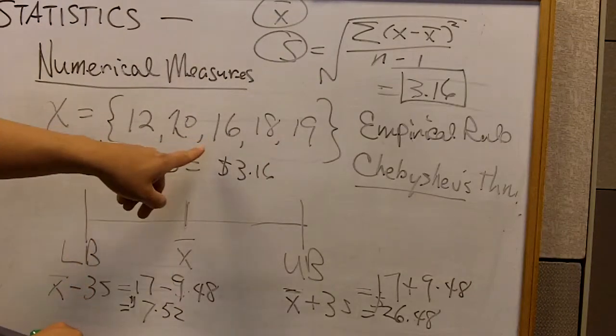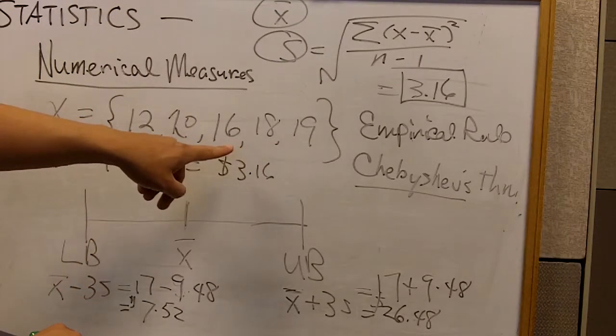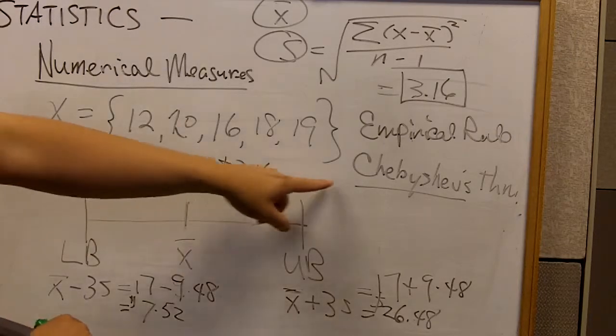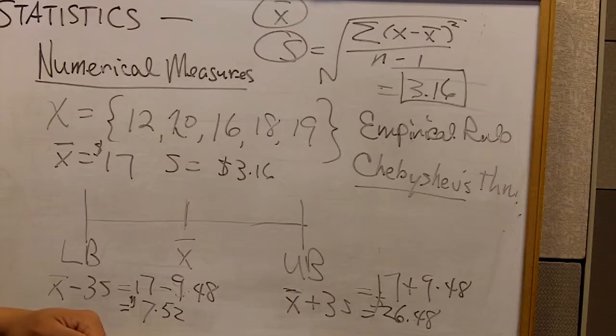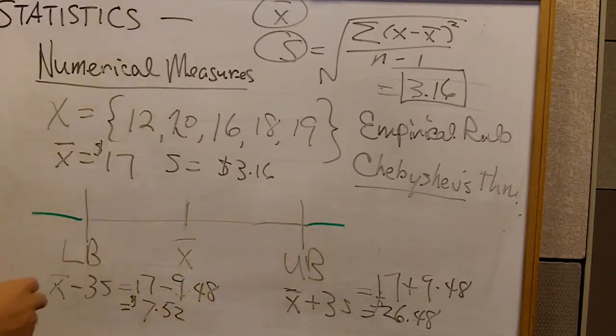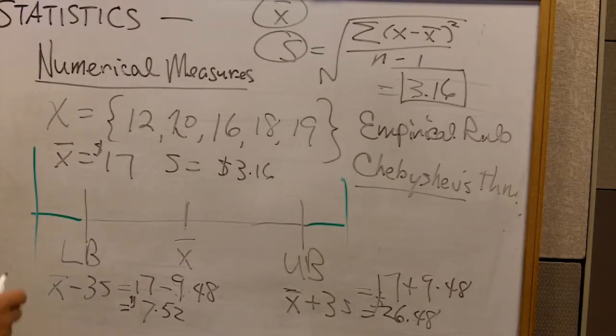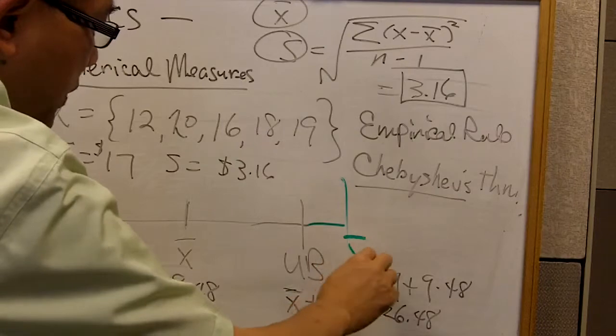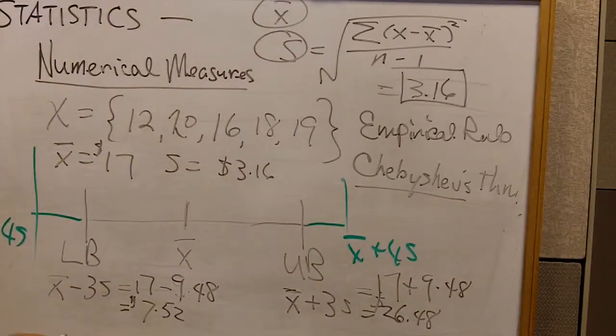If $17 is in the middle, do we have a symmetrical distribution with only 5 data points? Well, it's quite unlikely that we have a symmetrical distribution. So this is where the Chebyshev's theorem would come in, and basically Chebyshev says we would have to go beyond 3 standard deviations, and it would be 4 standard deviations. So we have to add one more step. So that would be x bar minus 4s, and x bar plus 4s, and we can do the calculations, and 4 times this would be